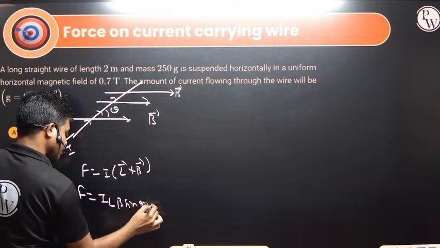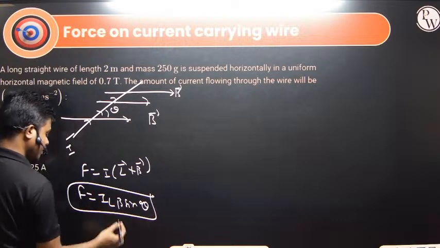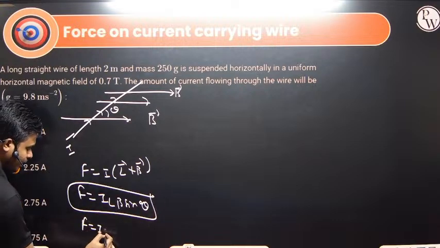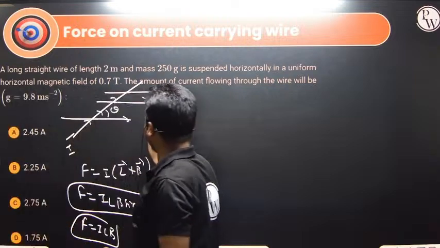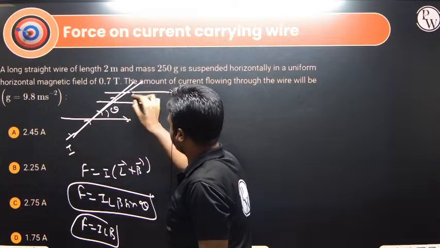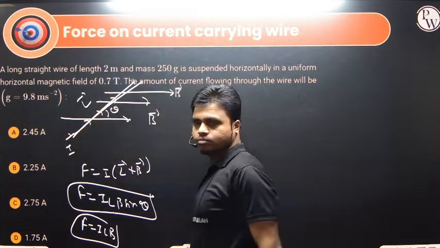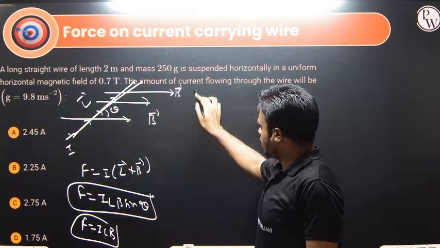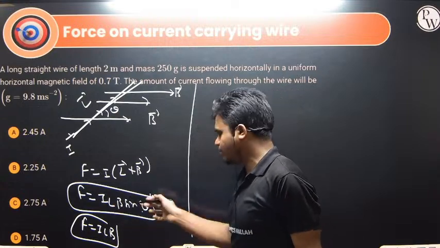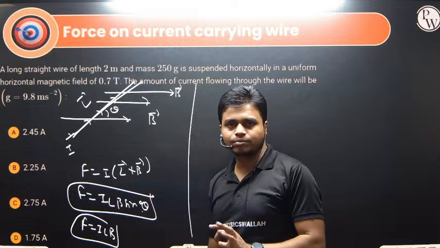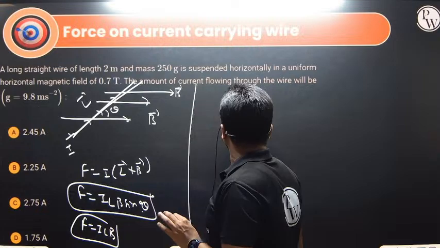ILB sine theta. If theta is 90 degrees, in that case we write force is equal to I into L into B. What is theta here? Again, theta is the angle between the magnetic field and the length vector. This is the length vector in the direction of current and this is the magnetic field. So theta is the angle between the current and the magnetic field. Next we have,